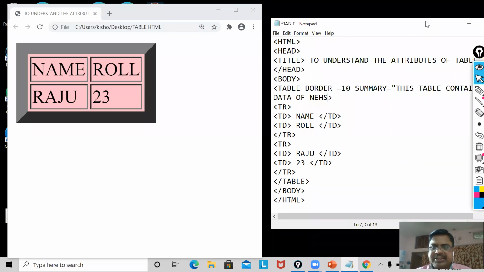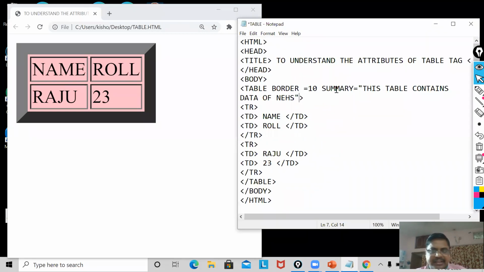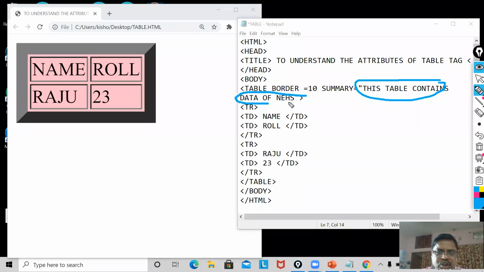Now see, my dear, this is my summary, but it is not going to show here on the web browser. Already I said what summary is: to give the details, a short summary about your table. But the summary which you have defined here is never executed by the web browser. Just now you see, I'm going to save it.